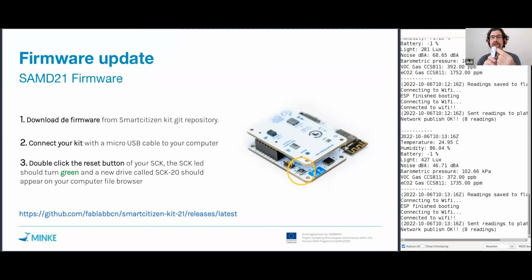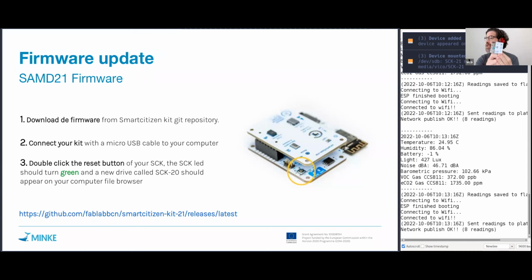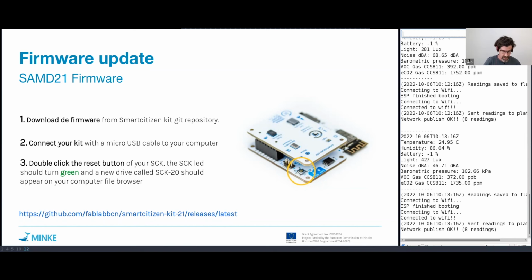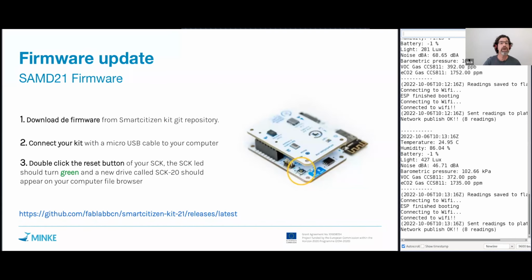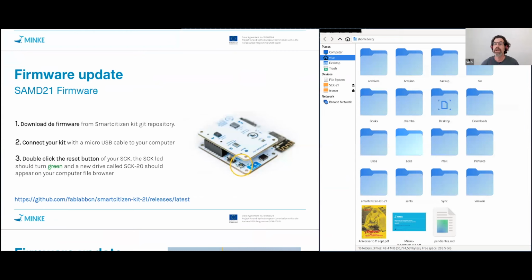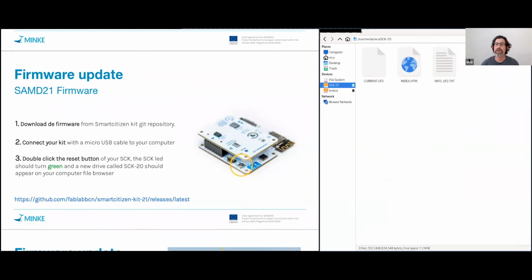So if I click the reset button twice, you will see that the LED on the kit turns green. And on my computer, a new device appeared. This device shows up like a pen drive, like a USB drive, where I can just drag a file and upload it. I'm going to open a file browser. You will see it here, sorry. And if I go here, you can see